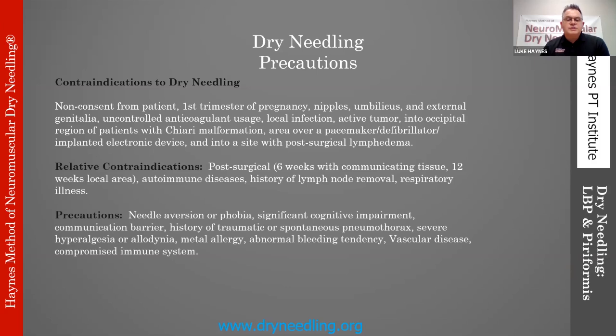Some general precautions: needle aversion or phobia, a person with significant cognitive impairment, a communication barrier, any history of traumatic or spontaneous pneumothorax, severe hyperalgesia or allodynia, a metal allergy, someone with an abnormal bleeding tendency, vascular disease, or a compromised immune system. Again, these are precautions, not necessarily contraindications. And then additional precautions anywhere around the area of the breast implant,